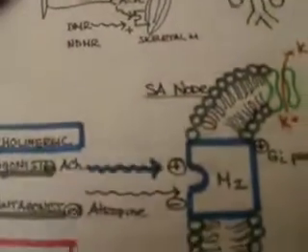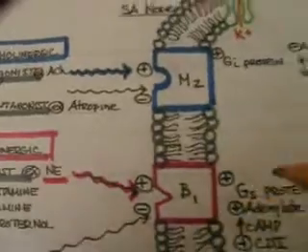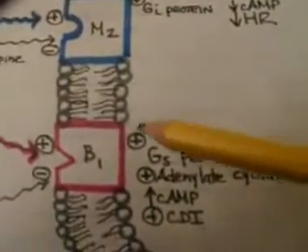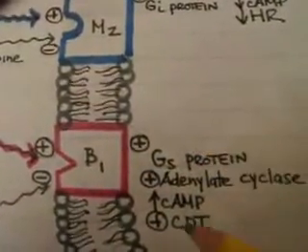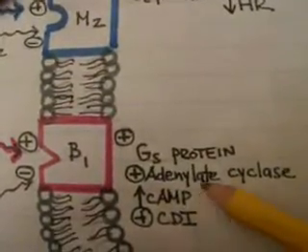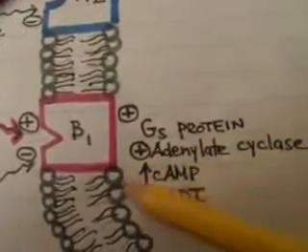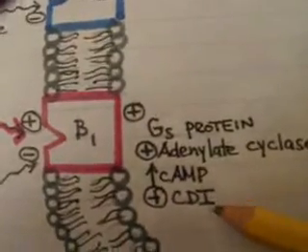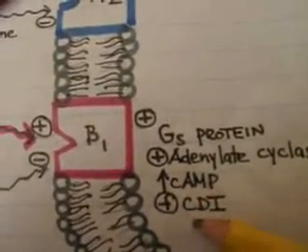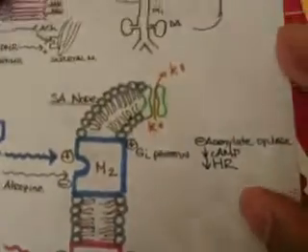And once the norepinephrine binds to the beta-1 receptor, this stimulates the Gs protein, which in this case stimulates the adenylate cyclase enzyme and therefore increases the cyclic AMP. And when there's an increased cyclic AMP, this increases the chronotropic, dromotropic, and inotropic effects on the cardiovascular